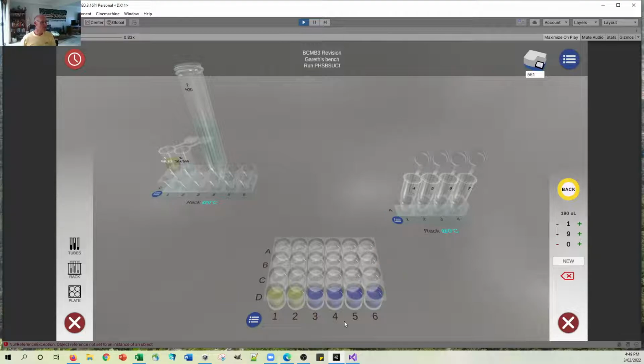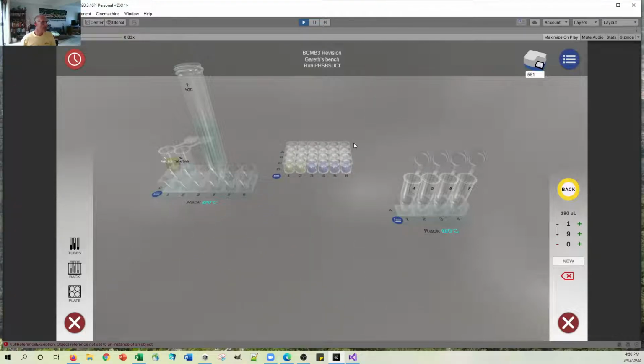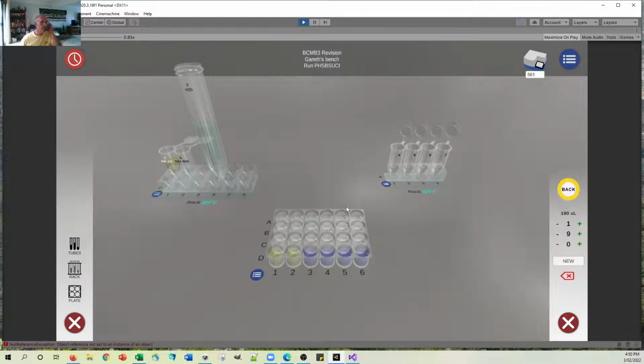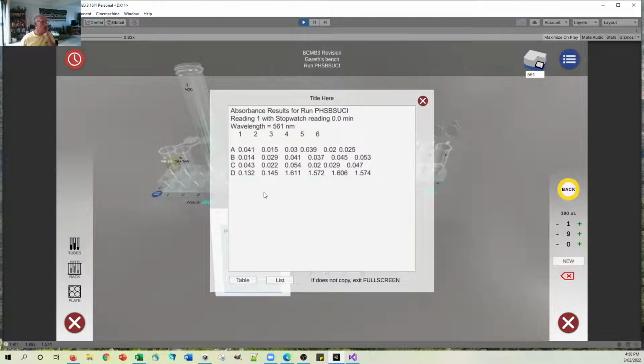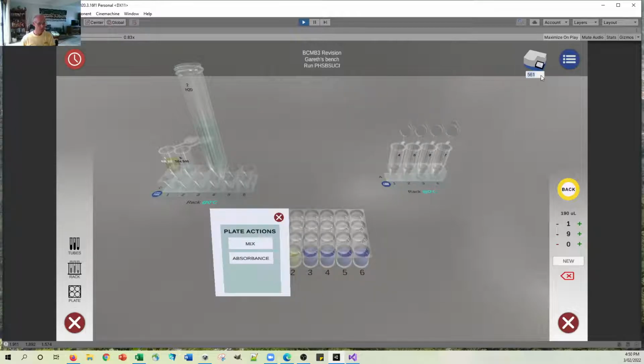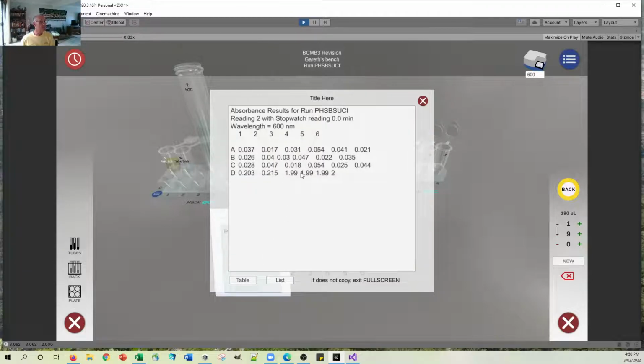All right, so let's move that plate to one side and do a standard curve. Because funnily enough, if we actually read this plate now, what we'd see is the first two wells have got quite low absorbances, and the next three have all got pretty high ones. So that's pretty good. That's at 561 nanometers. If we change this to 600 nanometers and do the absorbance, then now these are actually off the scale, they're 2, and these are reasonably robust, but a lot less. All right, so